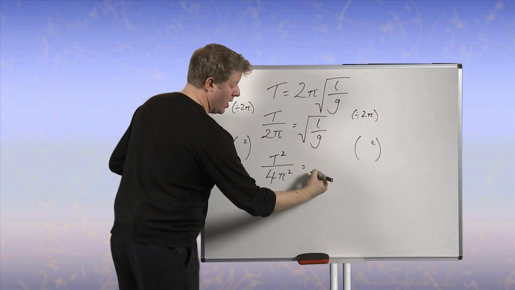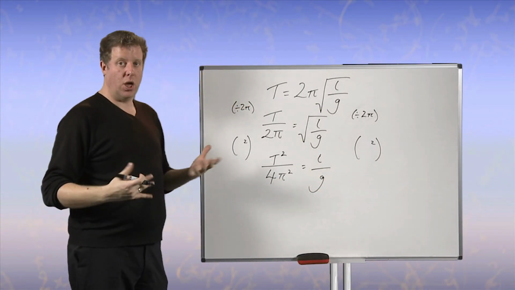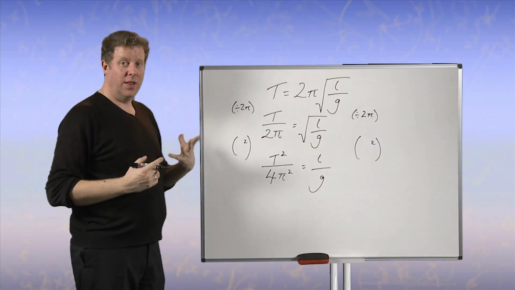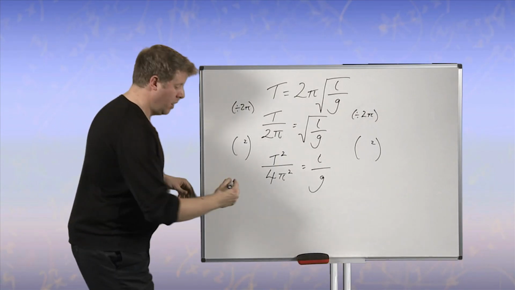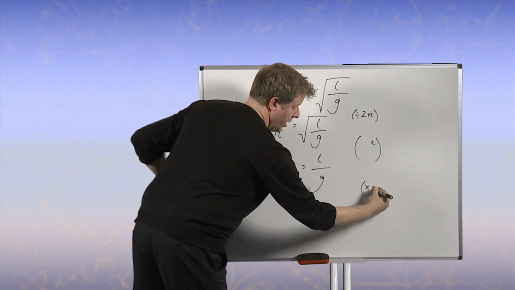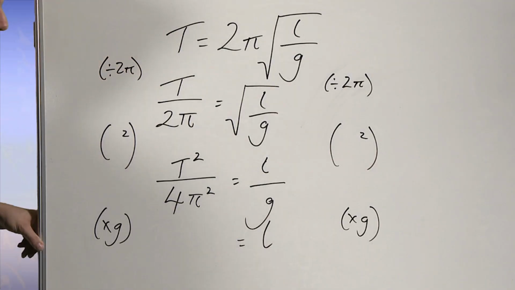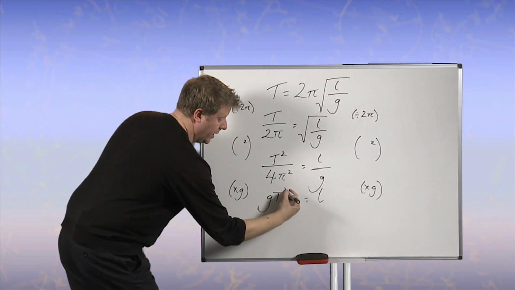Now remember, when I've squared this side, all I'm going to be left with is my L over G. So I'm almost there now. I want to get L on its own. The last thing I have to do is to get rid of that divide by G. Opposite of dividing by G is multiplying by G, which when I do to both sides, will leave me with L on that side, which is what I want, and will give me GT squared